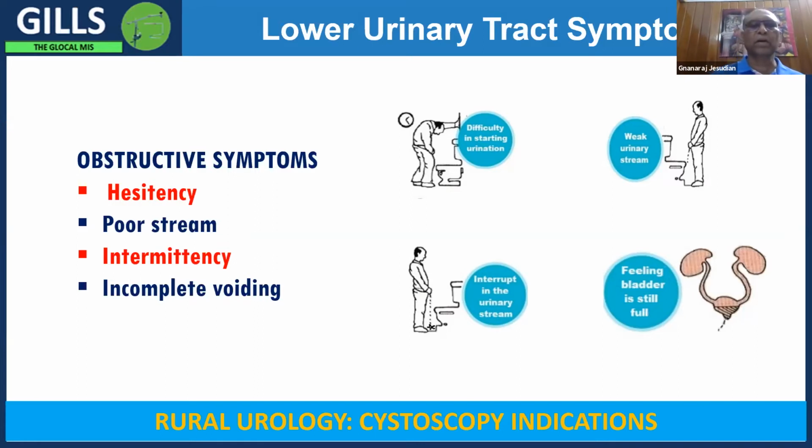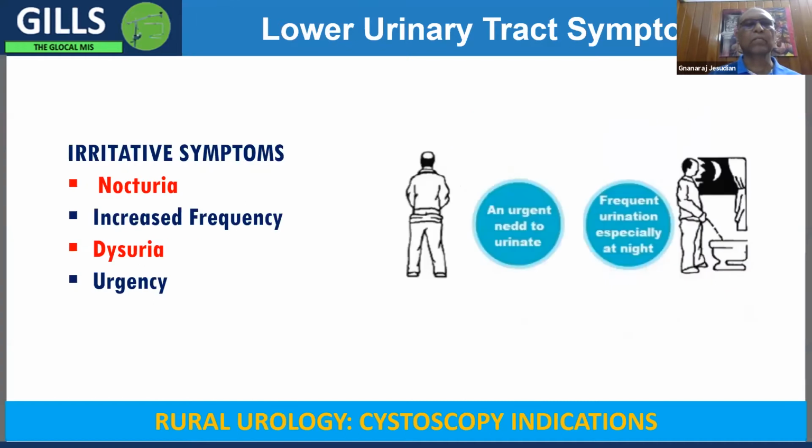And then when there is a block, the urinary stream again becomes small. When it progressively keeps on becoming smaller, then you reach a stage where there is intermittency. The stream goes up and down because the bladder muscles are not able to generate sufficient contractile power to complete micturition. And then finally, it reaches a stage where the voiding is incomplete. Even after you pass urine, quite a bit of urine is left behind in the bladder.